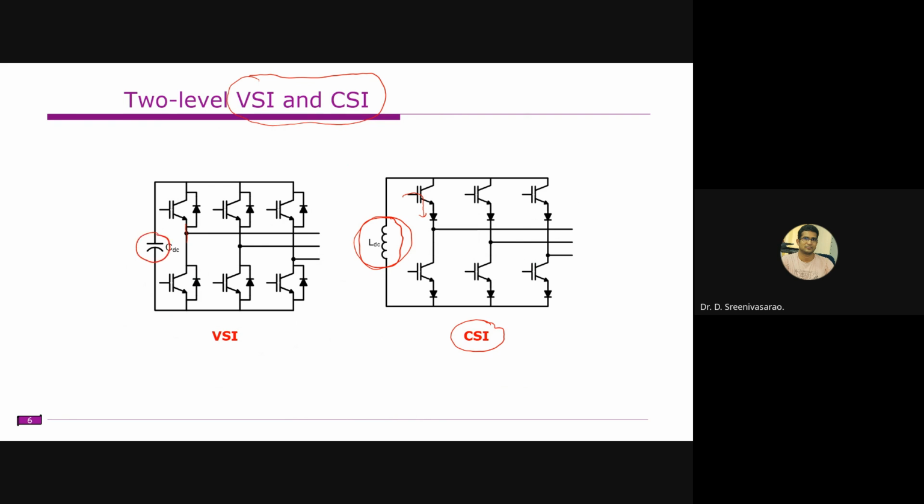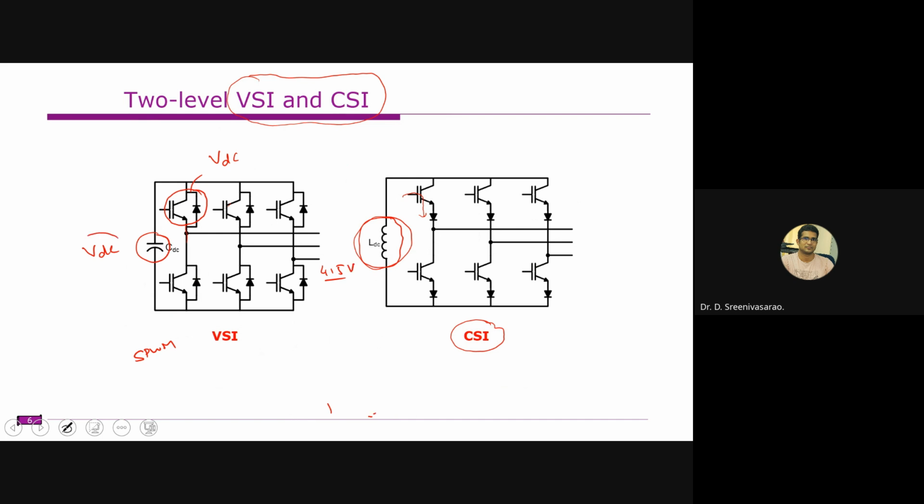For example, in this case, let us assume that this DC voltage is VDC. Each switch here is supposed to block a voltage of VDC. So all six switches are supposed to block a voltage of VDC. For example, if you are using a sine PWM technique and you require 415 volts on the output side, or 400 or 440 volts on the output side,